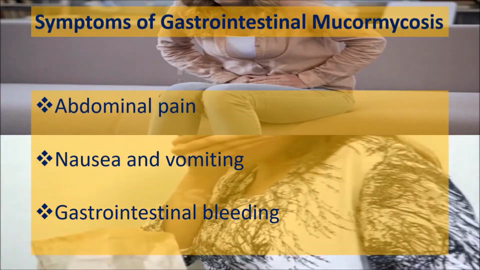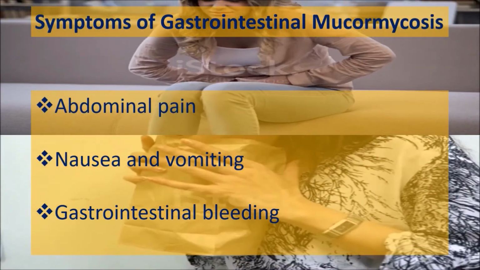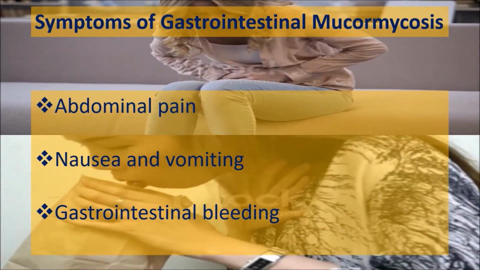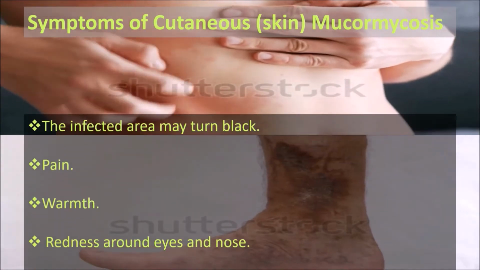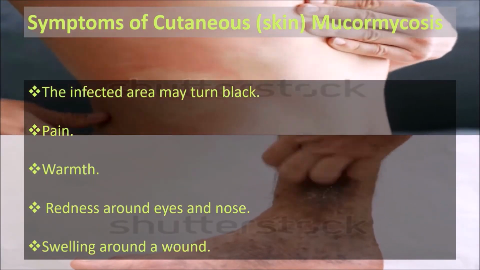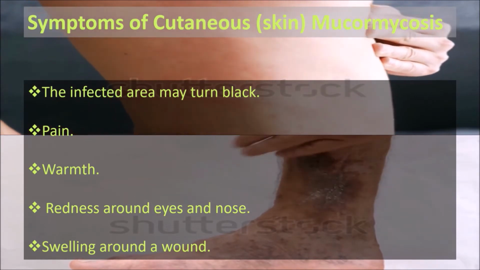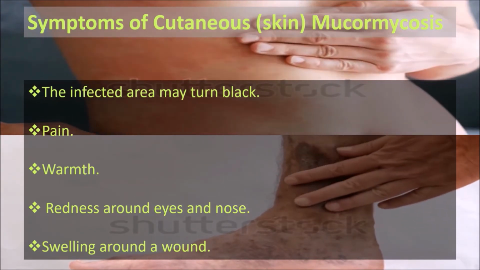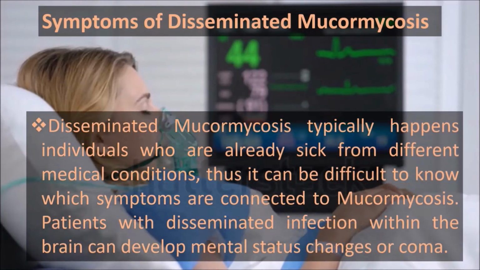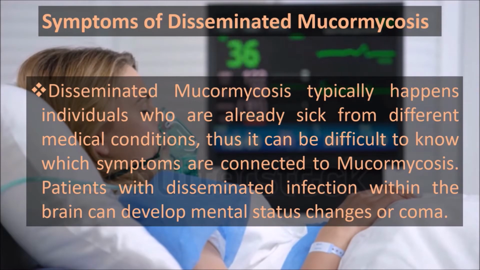Symptoms of gastrointestinal mucormycosis are abdominal pain, nausea and vomiting, and gastrointestinal bleeding. Symptoms of cutaneous mucormycosis are the infected area may turn black, pain, warmth, redness around the eyes and nose, and swelling around a wound. Symptoms of disseminated mucormycosis: disseminated mucormycosis typically happens in individuals who are already sick from different